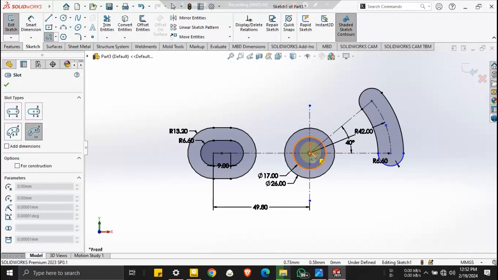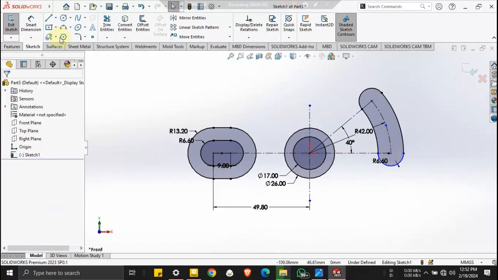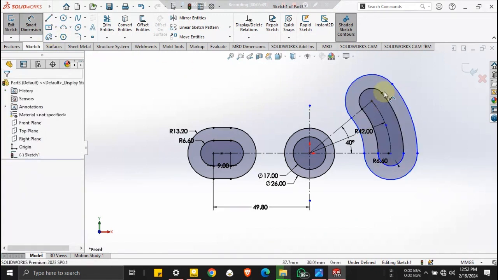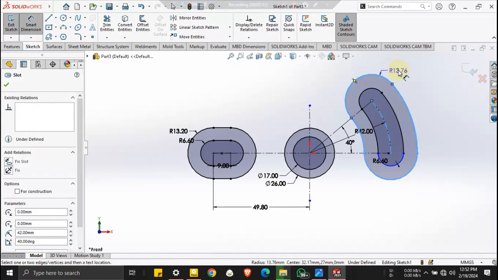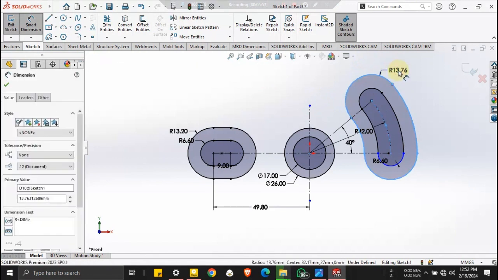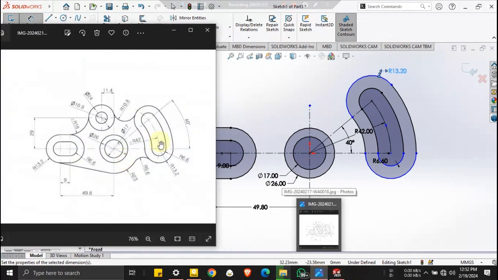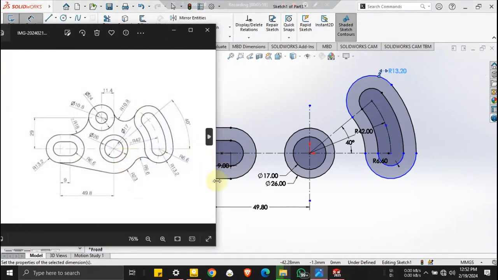So with the same approach, select the center as the first point. The center is the first point. Here is the second, and then this is the third. Then a radius of 13.2. We will have that,